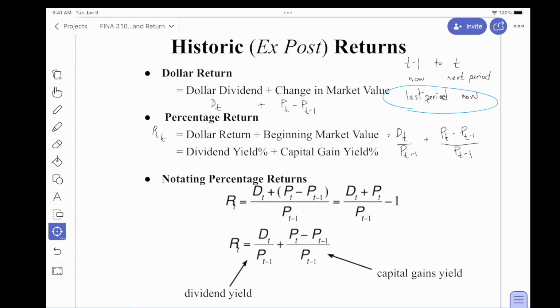And although I've talked about it as last period and now, or now and next period, the point is that I could do this at any point in time T. I could calculate this at any point in time T, looking back to the previous period's price to compute the percentage return. So you need information on the dividend received and prices to calculate this. So we can write this percentage return this way. We could also write the percentage return